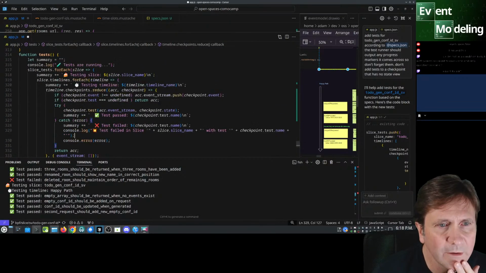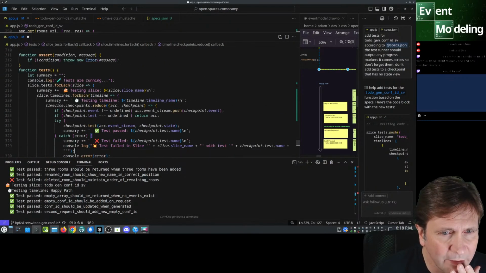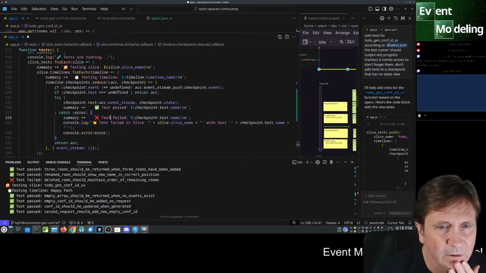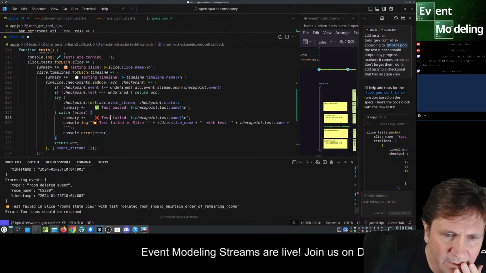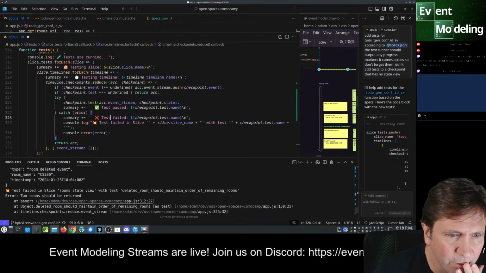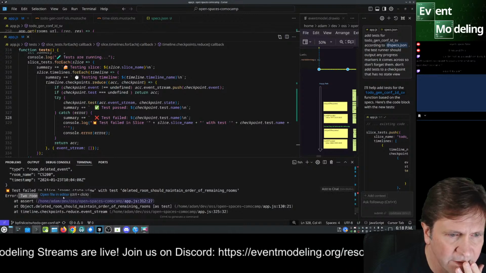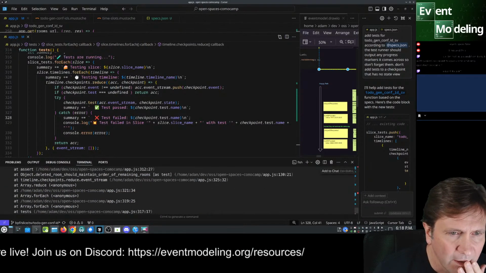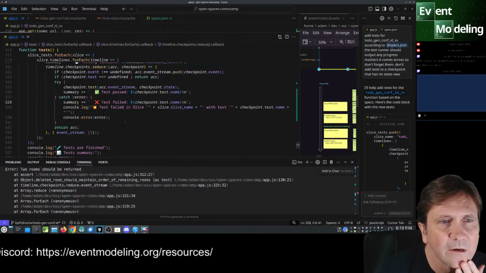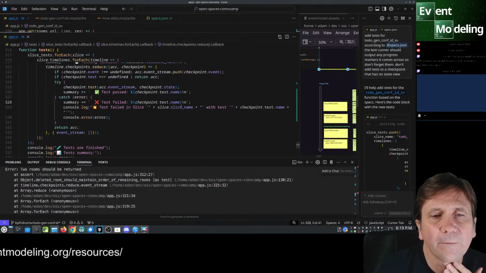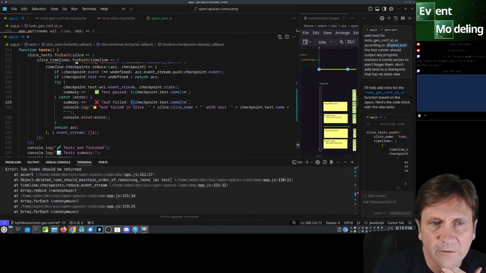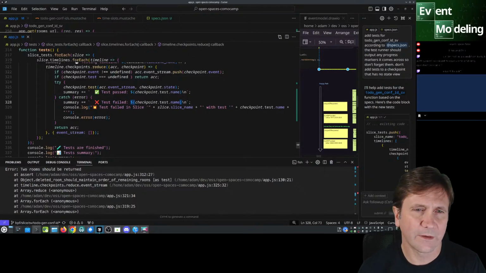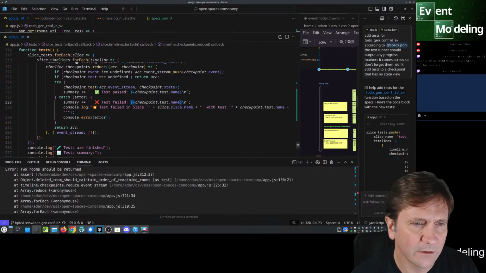Yeah, so anytime we only rely on throwing errors to have a test failure. And I could go here to say why it failed. 2 rooms should be returned, right? Okay, so that's fine, but I should have that in this checkpoint. And I do want it.